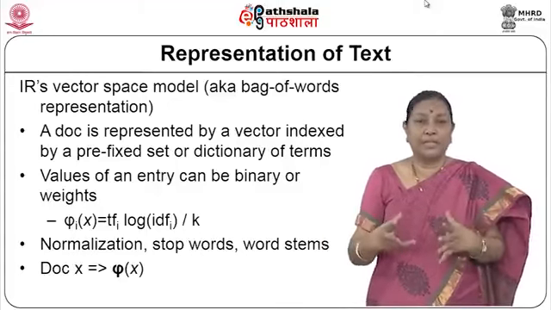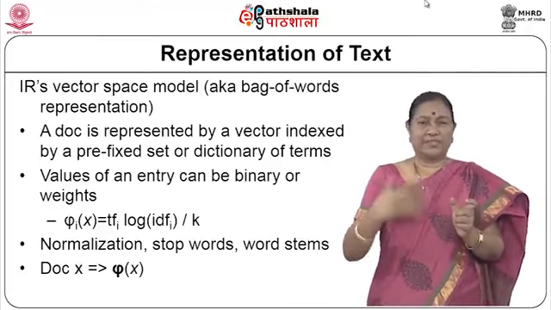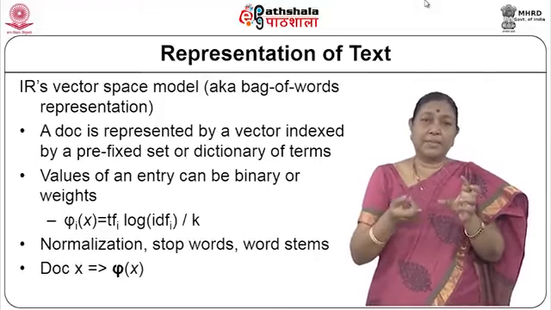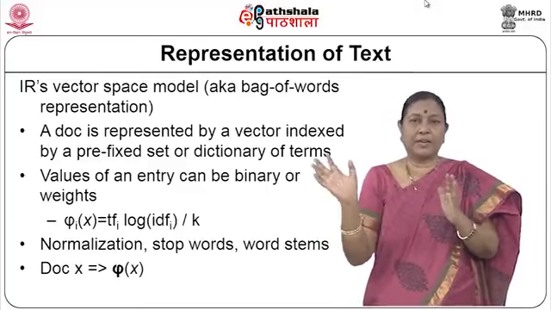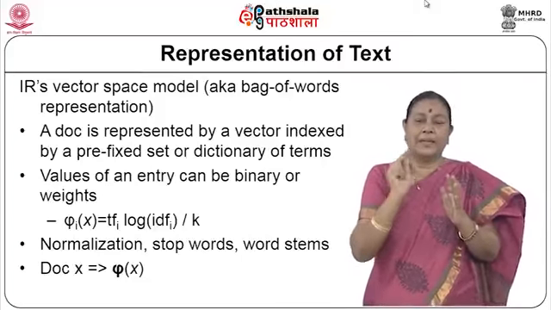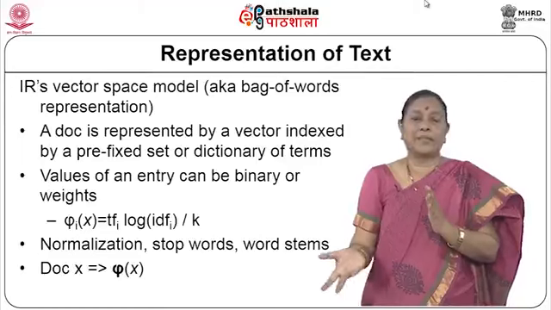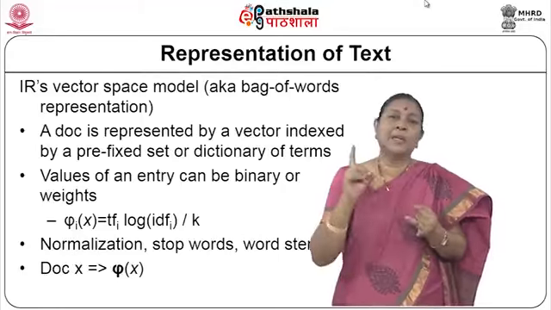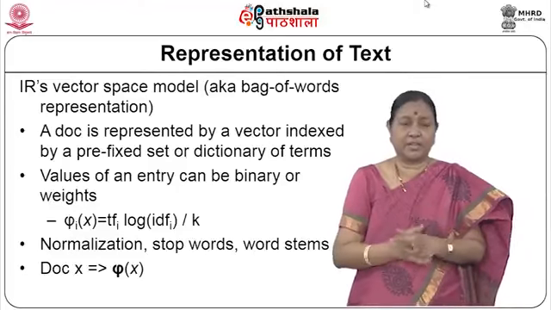So, what I do in this case is give a word more weightage, of course along with the frequencies. If a word comes in all the 10 documents, then it will have less weightage. If it comes in only 2 documents, then that particular word will have more weightage. That is called the inverse document frequency. The fewer documents a word is in, the more weight it will have. That is TF-IDF: TF is the term frequency in the particular document, and IDF is the inverse of the across-document frequency.